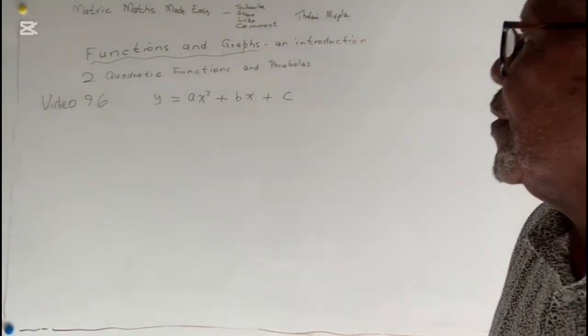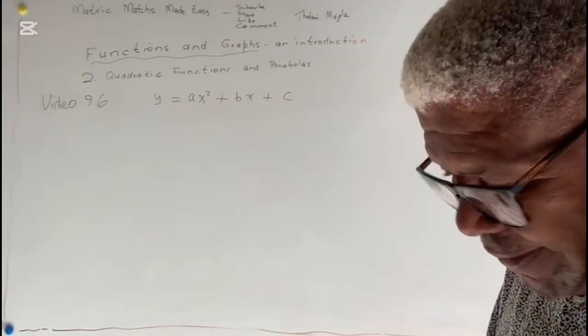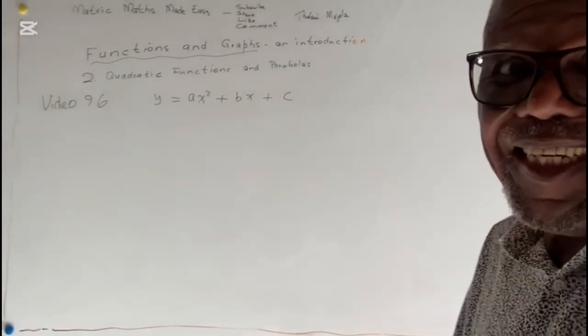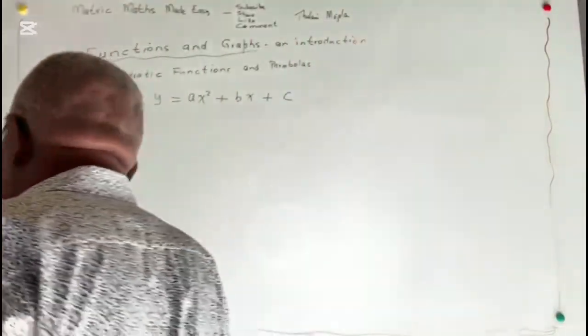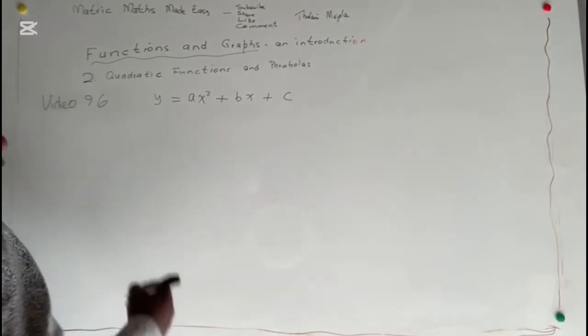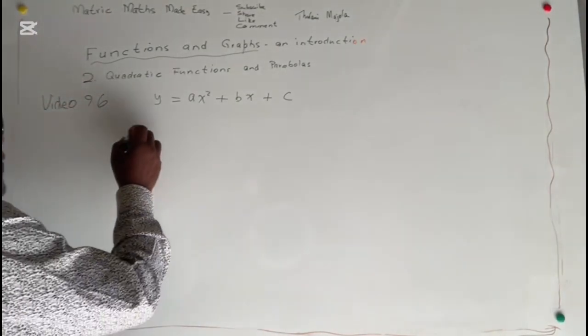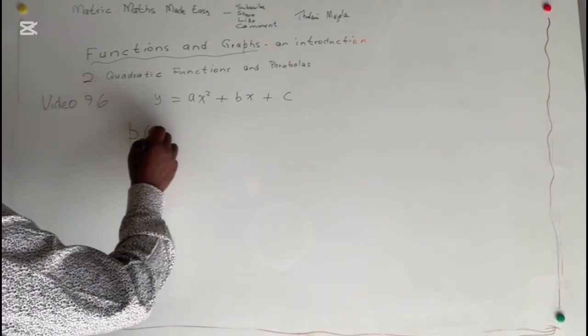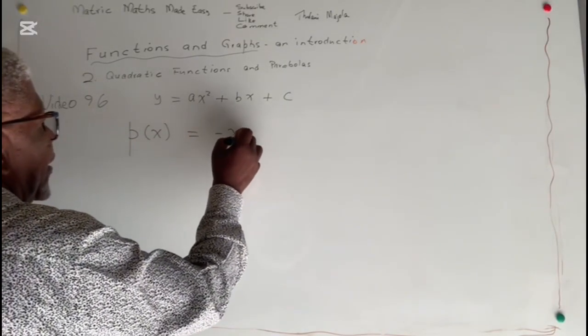Functions and graphs, an introduction. So, quadratic functions and parabolas. This is the last of the quadratic functions, the simplified one. Suppose you are asked to represent the following function, p of x, on a graph: p of x equals negative x squared